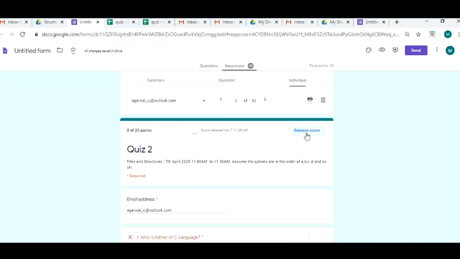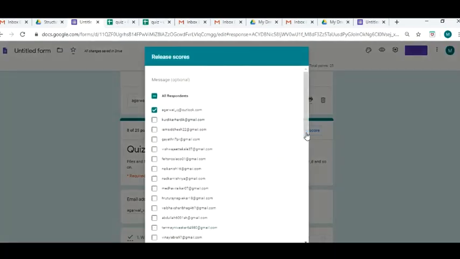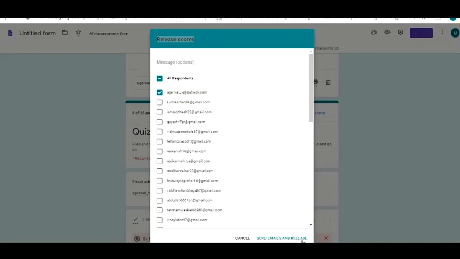Once you say release score, you will have to check mark the email address to whom you want to release the score, and then say send email and release. But if you had MCQs, you could after a stipulated period of time just say all respondents and release score and say send emails and release.